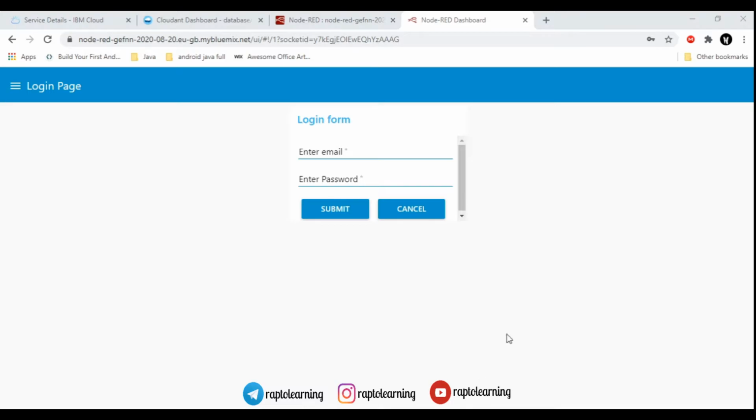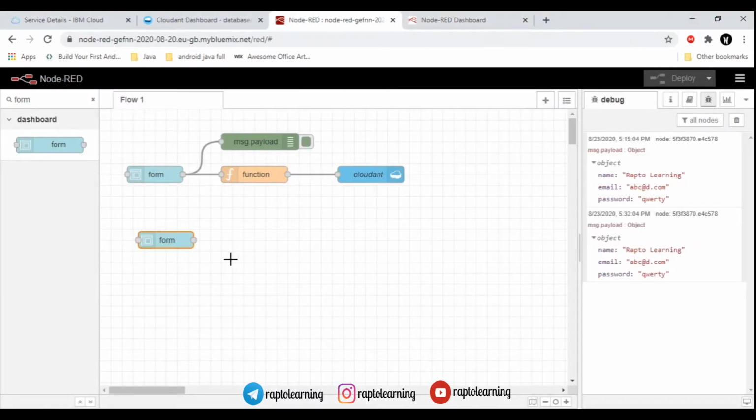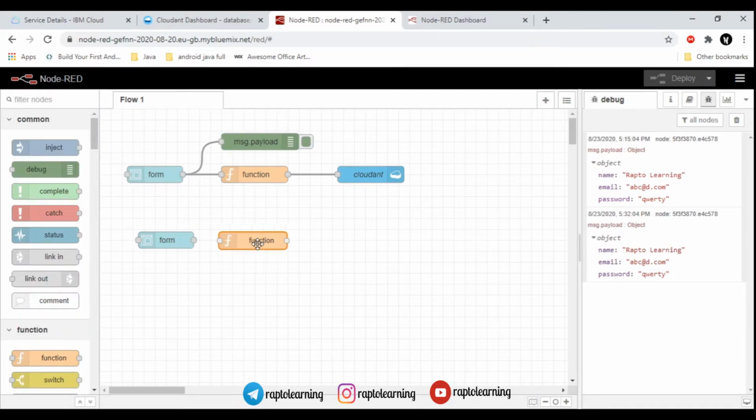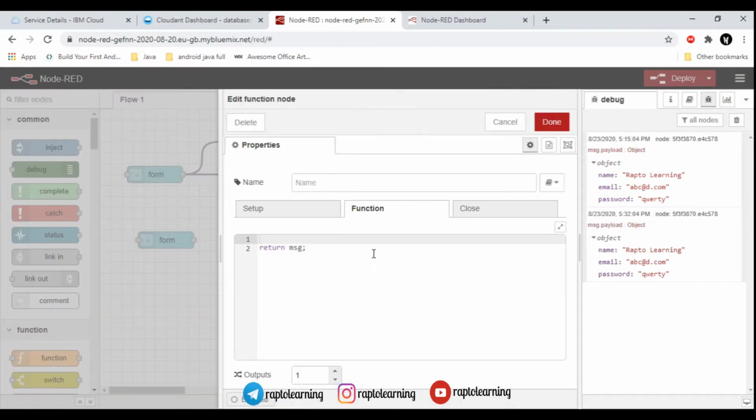Here are the three fields, name, email and password, while on the login page there are only two fields, email and password, and you can log in through that. So we will perform some further operations on this. We'll again attach one function that is used to search in our database whether this email ID or password is available in our database or not, and everything of that stuff.